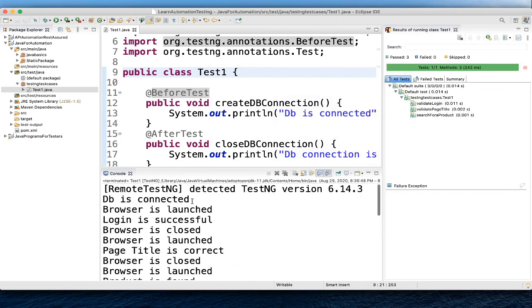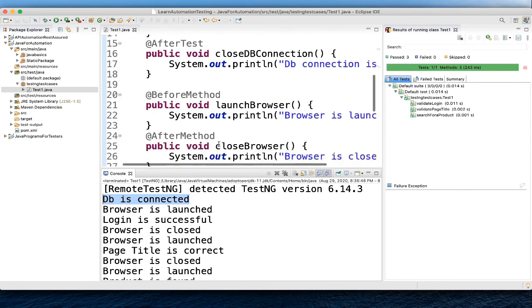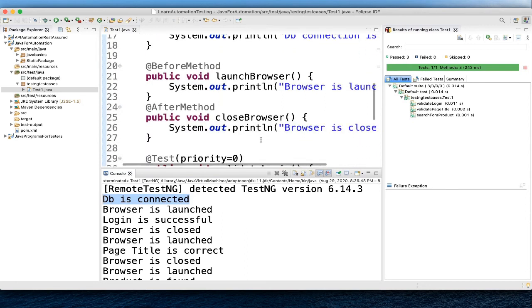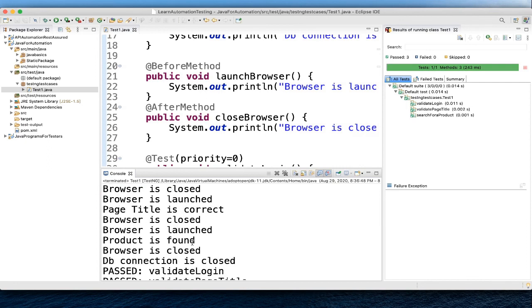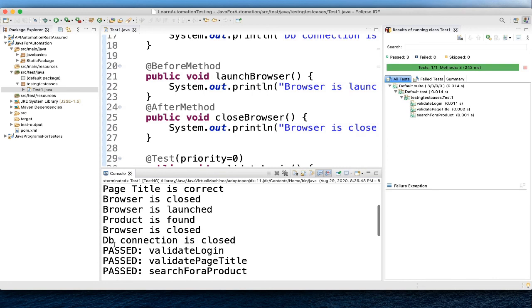See, first statement is DB is connected, then this before method came, browser is launched, then first test case got executed, login is successful, then after method got executed, which is browser is closed, then again before method, browser is launched, page title is correct, browser is closed, and in the end DB connection is closed.